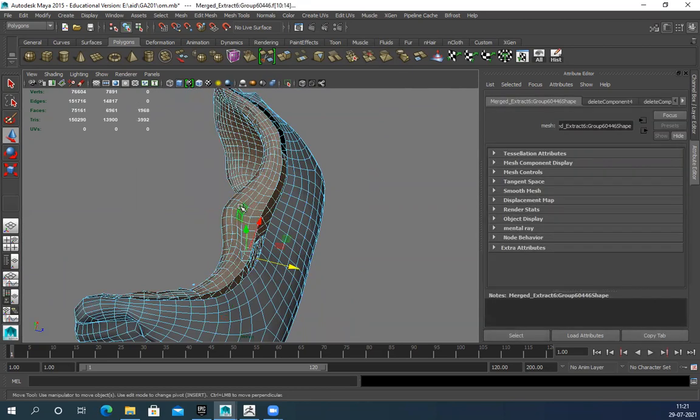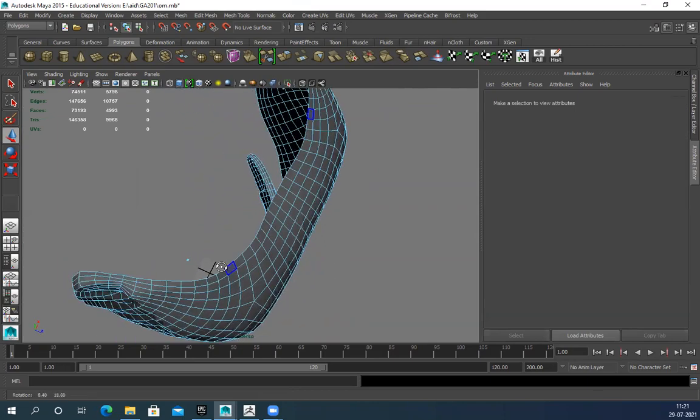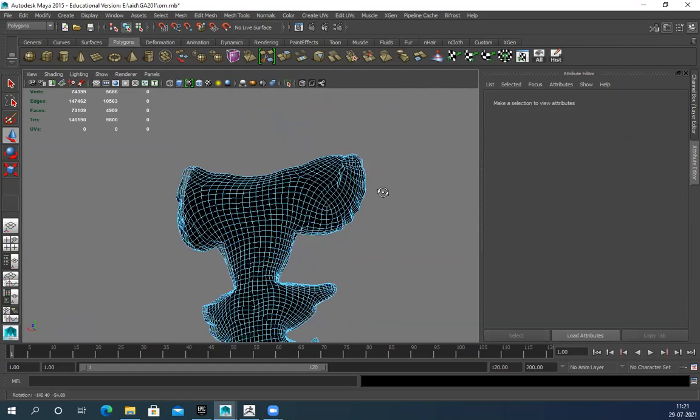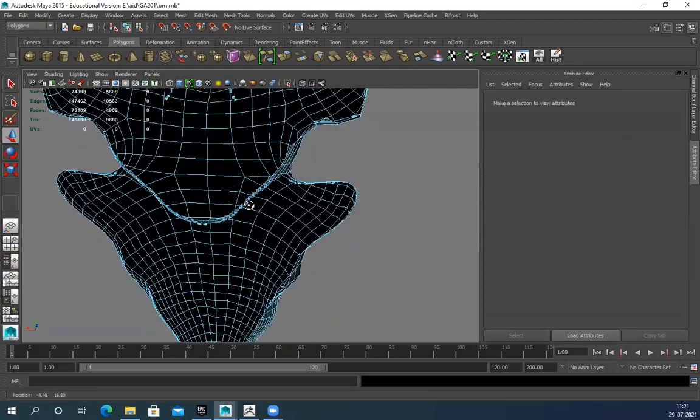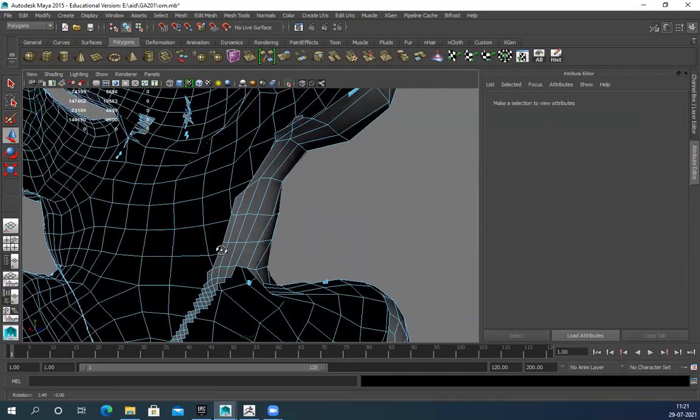Delete. Delete everything. This front part, I can just extrude and recreate that section. It will look much easier instead of recreating the entire thing, entire backside is gone. And I can see a few errors here.